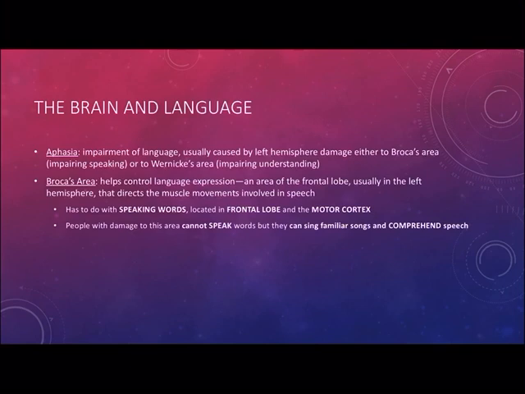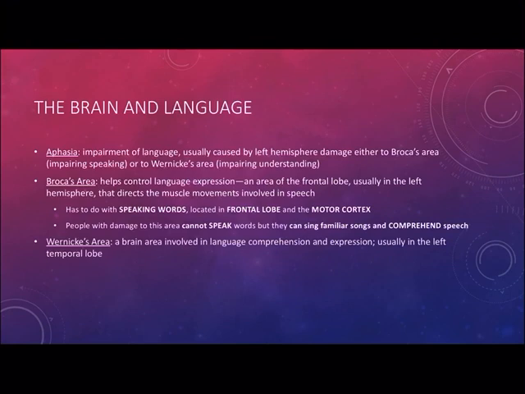And then Wernicke's area, on the other hand, is involved in language comprehension. And that's in the temporal lobe within the auditory cortex. This has to do with hearing and understanding words. So if you have damage to Wernicke's area, you cannot understand the words of others. But you do have Broca's area intact, which means that you can control the movements of your mouth. However, because you cannot understand or comprehend language, you cannot process it in your mind, what we get is something called